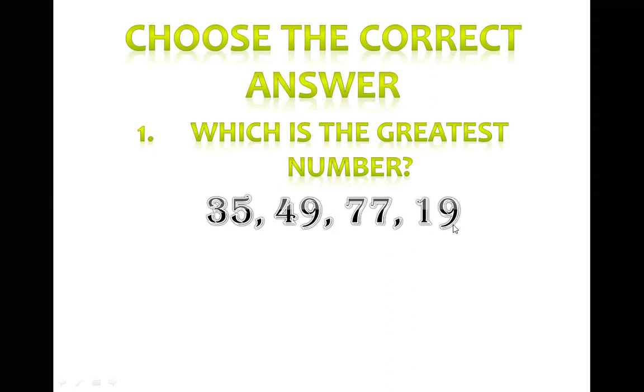What I told you, dear students, you have to see the first number. This is 3, this is 4, this is 7, this is 1. Which is the bigger? Any guess? Who is saying the answer? I am saying 7 is bigger than other numbers. Means 77 is the bigger number. I mean greater number. Let me check. Yes, the answer is 77. Yes, yes, I am correct. Yes, darlings, yes.